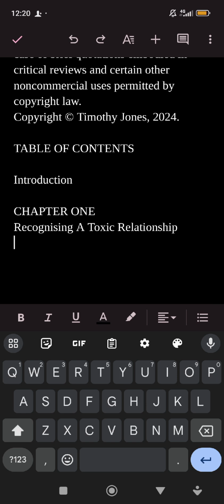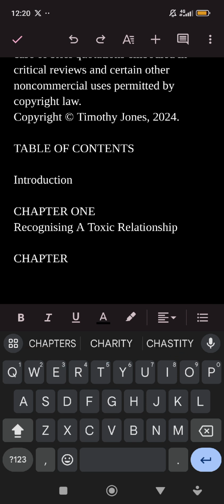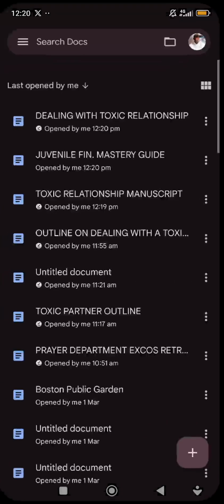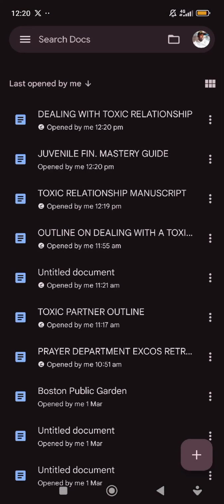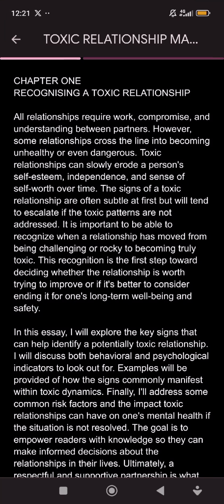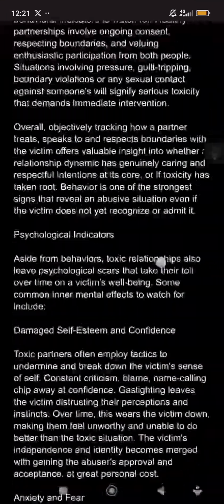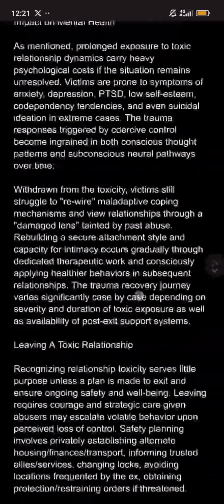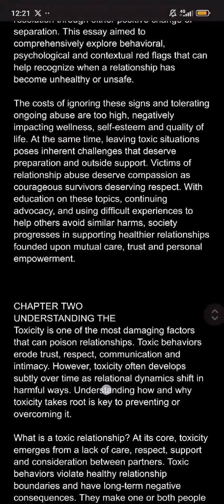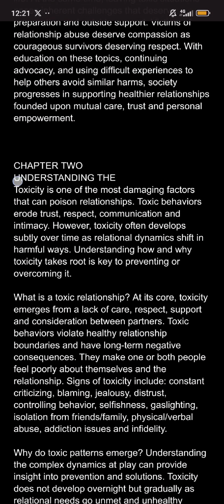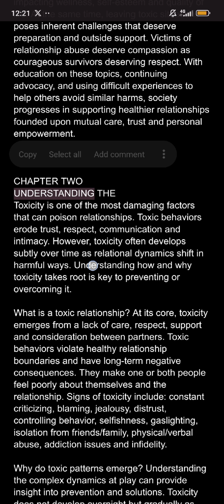So I'll come back here. Chapter 2. What is chapter 2? I will write. Let me just get my chapter 2. What does chapter 2 say? Let me get it. I'm trying to make this very simplified. Understanding.